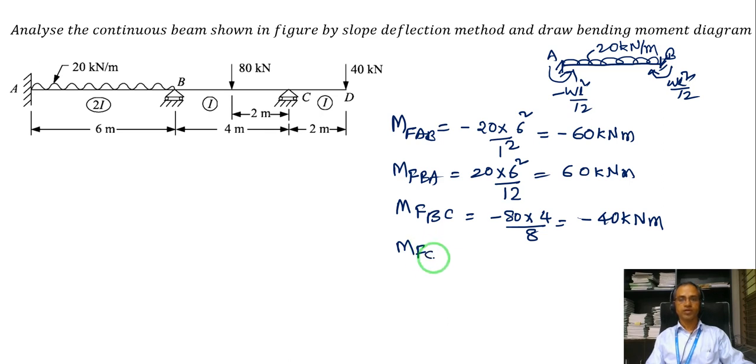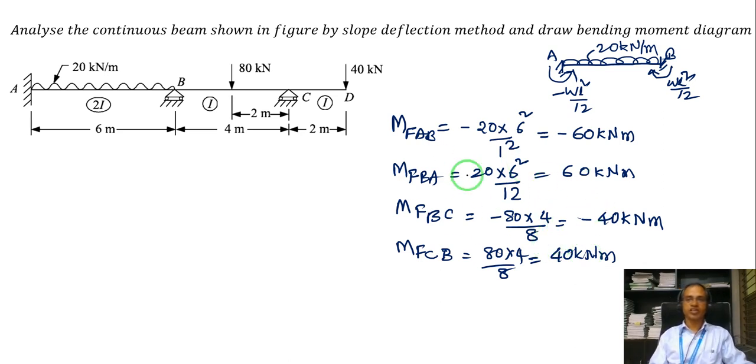And MFCB, which is plus, that means 80 into 4 by 8, which is 40 kilonewton meter. This is as far as fixed-end moment is concerned. Now let us look at the slope deflection equation for a span AB. Right? So MAB is equal to